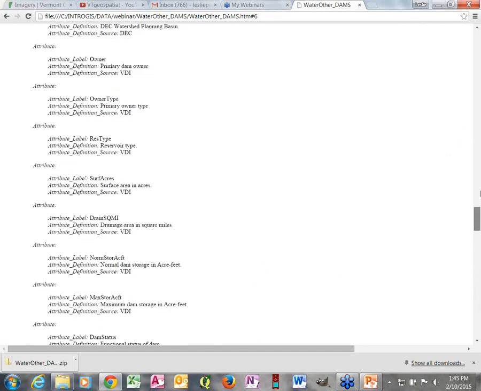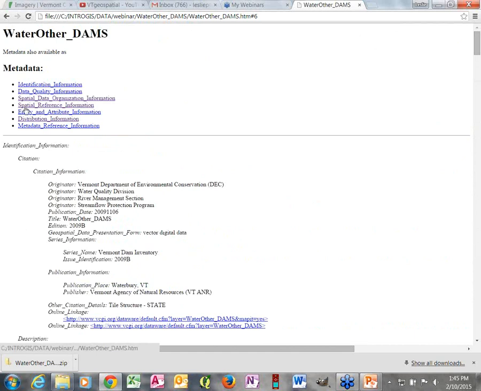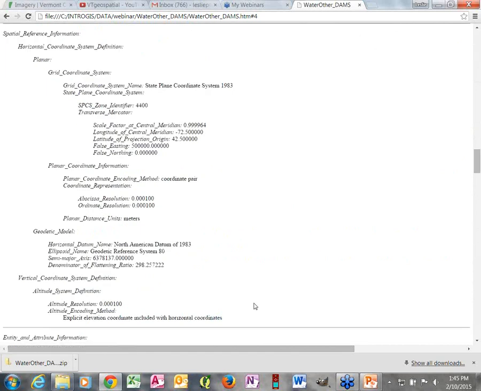Another thing that you might want to know about your information is the spatial reference information. Things like State Plane Coordinate System 1983, which is referring to the horizontal datum, the North American Datum of 1983. It's not only State Plane Coordinate System, but specifically Vermont, which is only indicated by this code right here, 4400. These are important things to know in case you have any issues getting your data to match up with other